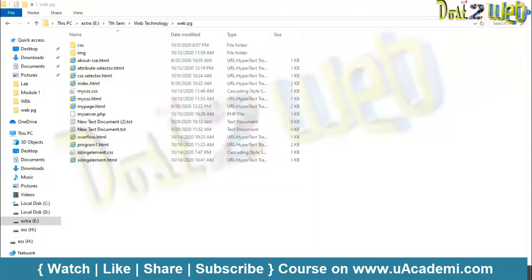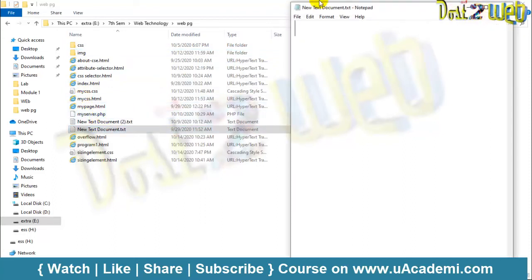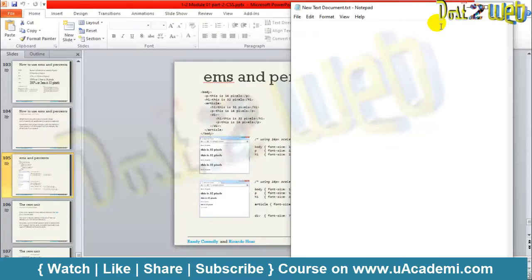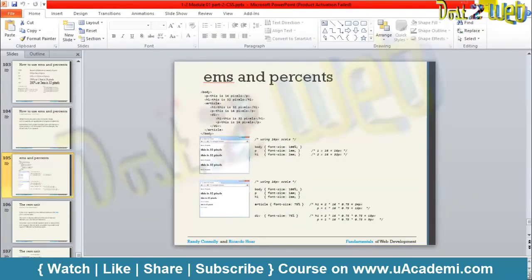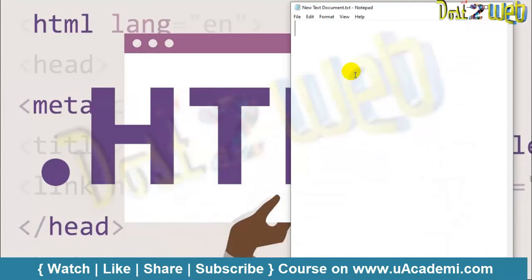The same way, you are going to open Notepad and we have to start writing the code here. It's very simple. We'll use HTML, then the head tag.